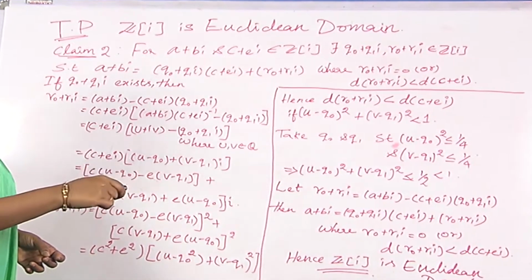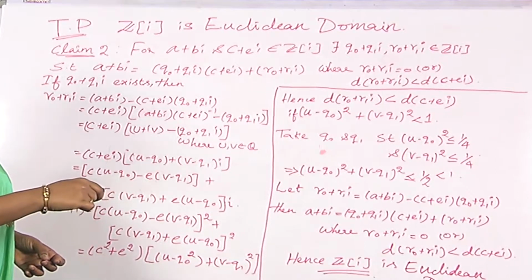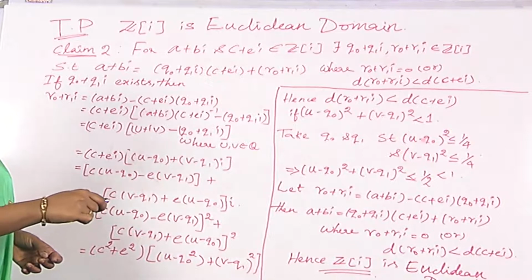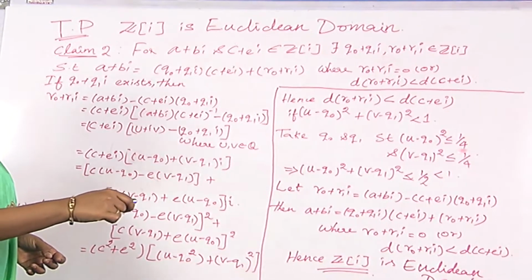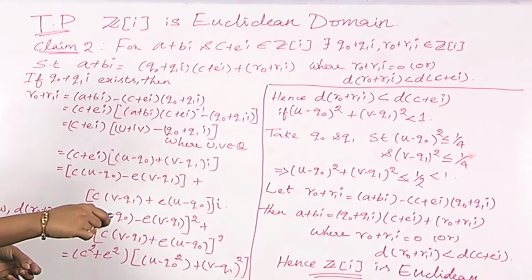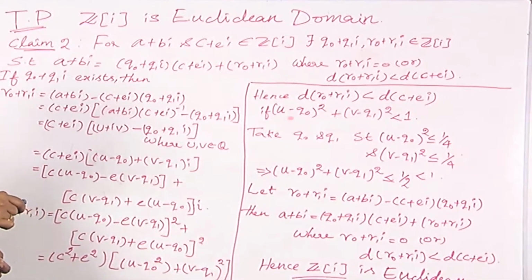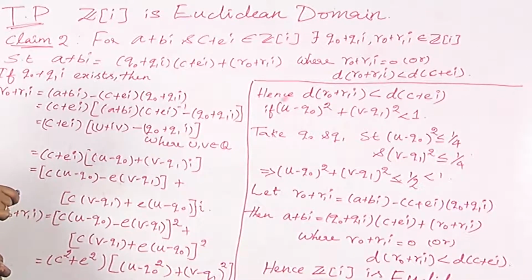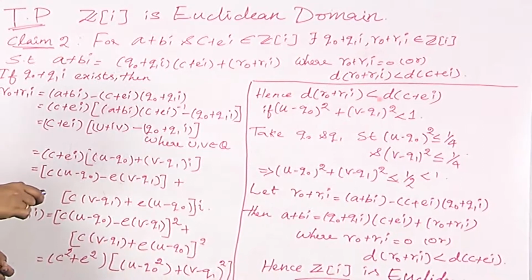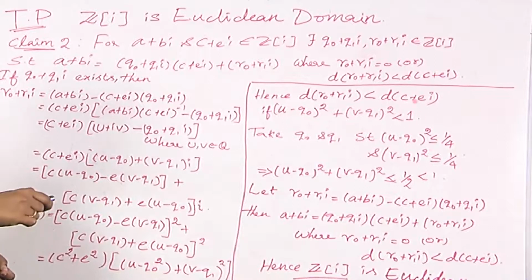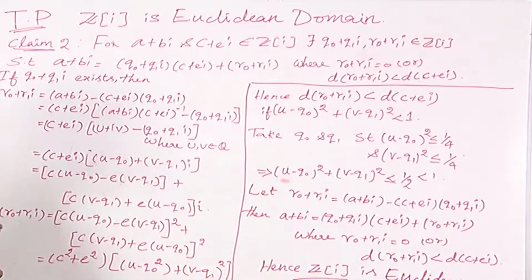But here also again we have to take this q0 and q1 in a certain procedure such that (u minus q0) whole square is less than or equal to 1 by 4 and (v minus q1) whole square is less than or equal to 1 by 4. Why am I doing this? Because I want the sum of these two terms to be less than 1. So only if I take this to be 1 by 4 and this term also to be 1 by 4, when I add it becomes 1 by 2 and therefore it is less than 1, thereby satisfying this condition. So this implies that this is less than 1.